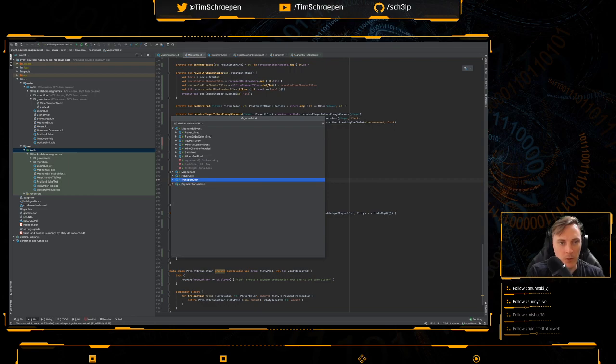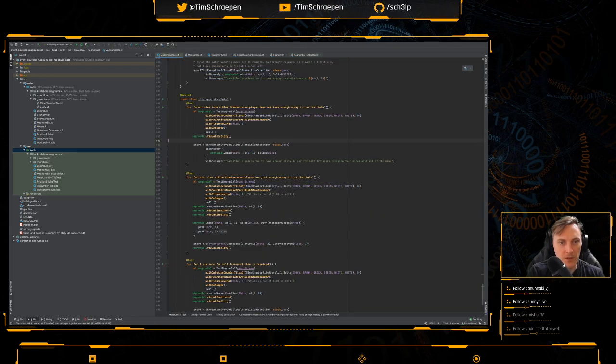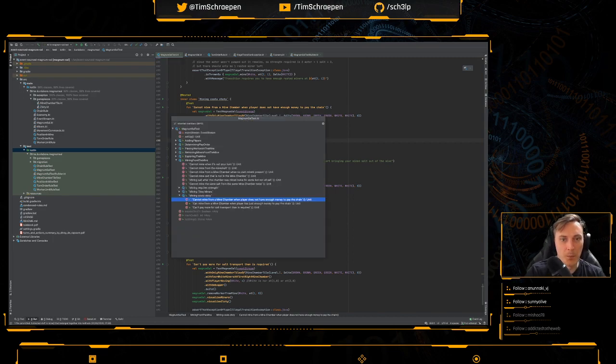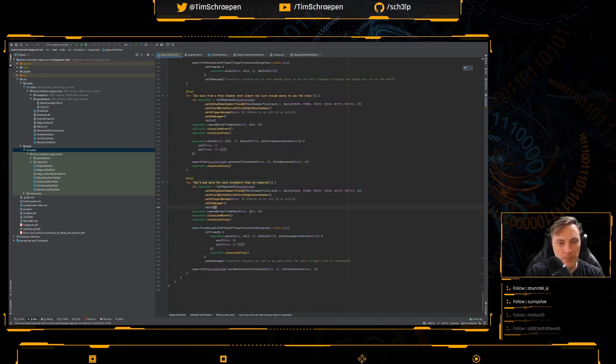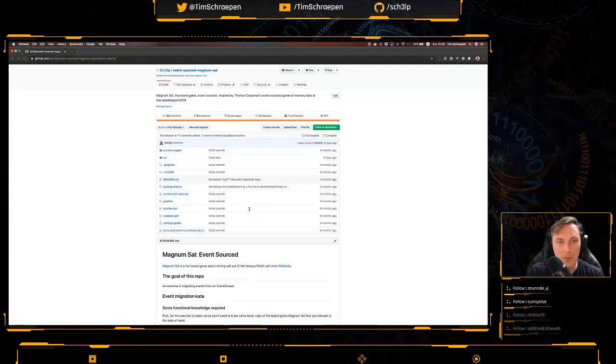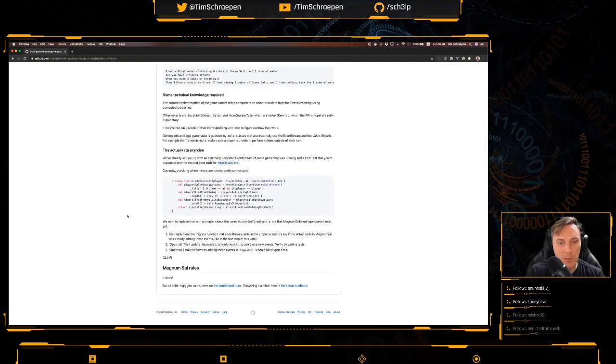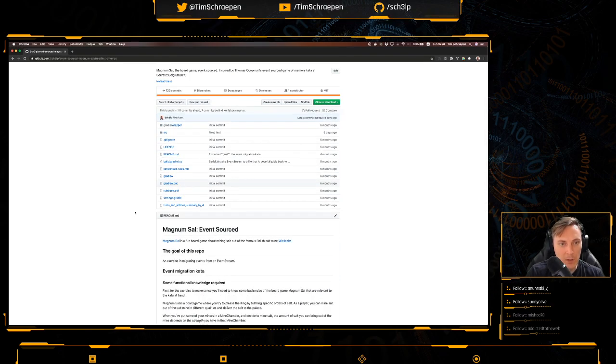Right now we are, let's see, I think the last thing that I did here was implement the mining a little bit, and I made sure that when you mine, you should have enough money to pay for transporting the salt out of the mine shaft. And that happens when in the mine shaft you don't have enough workers on all of the spots. That means you will have to pay another player to bring up the salt you've just mined out of the mine shaft. And I'm just looking real quick for